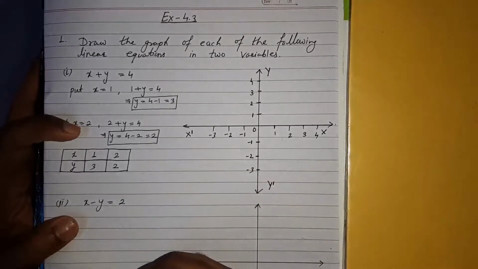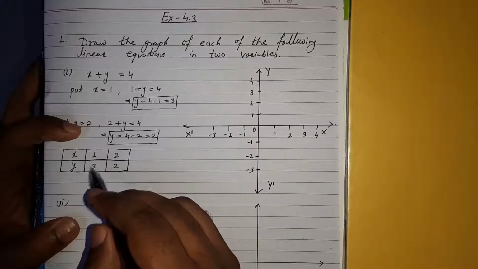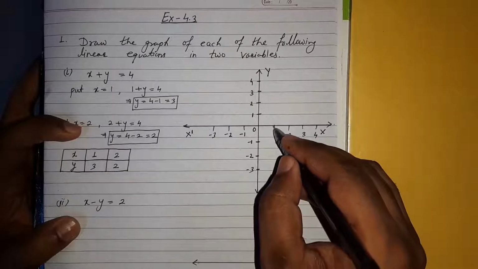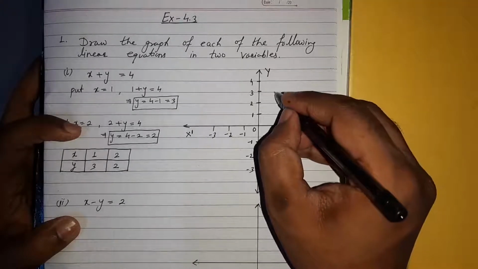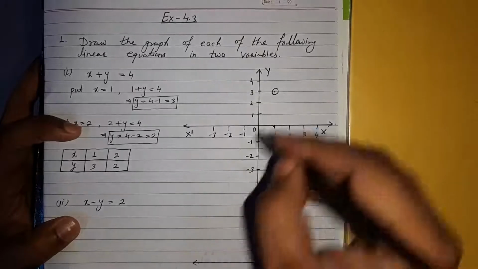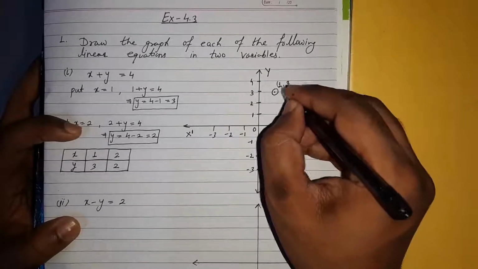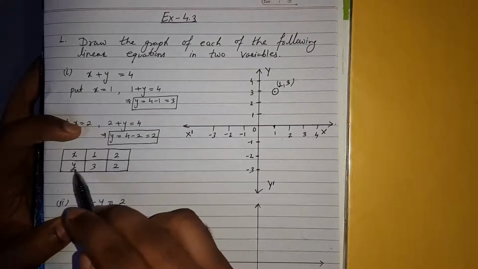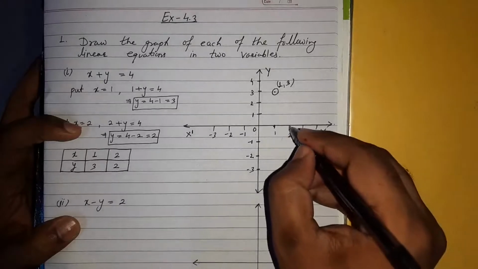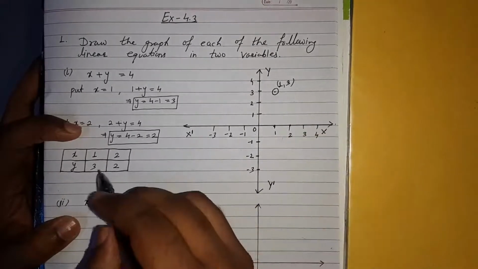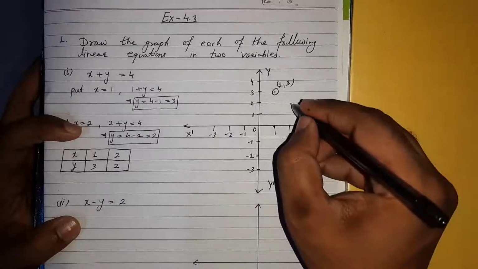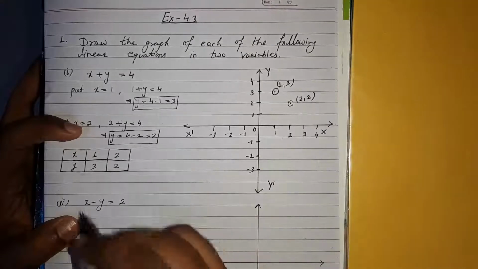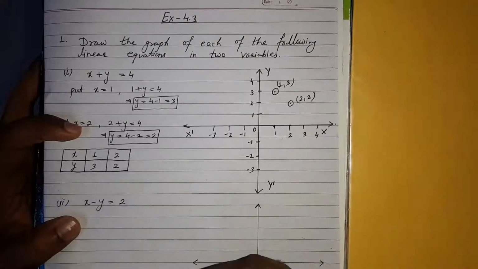The first coordinate is x is equal to 1 and y is equal to 3. So first we will go on x-axis. So value of x is equal to 1 and the value of y, it is 3. So the first point, your first solution, is 1, 3. The second solution is x is equal to 2 and y is equal to 2. So value of x is equal to 2 at this point, and the value of y, it is 2. So we will mark 2, 2, means x, y. So we will mark this point here.